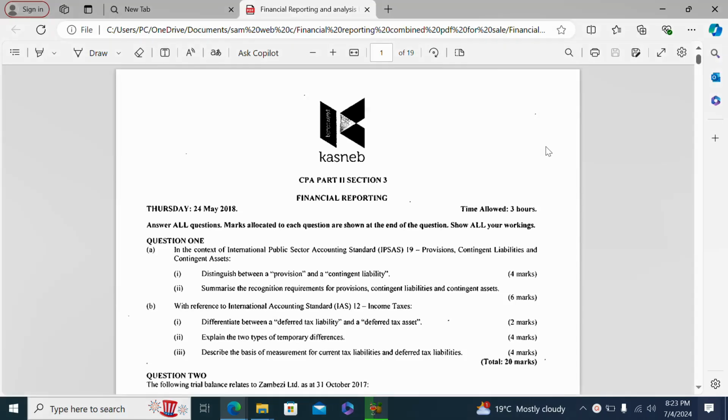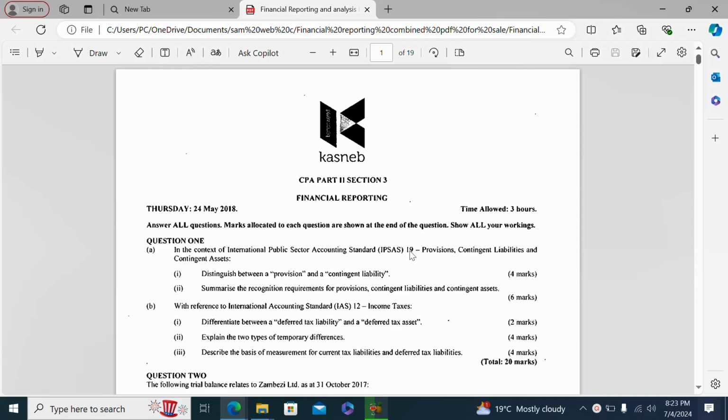This is the financial reporting paper of 24th May 2018, which was tested by KASNEB. So you can use this paper for revision. You can compare your answers with the answers that I have presented in this paper for revision. And the first question was a theoretical question in which A, in the context of International Public Sector Accounting Standard,